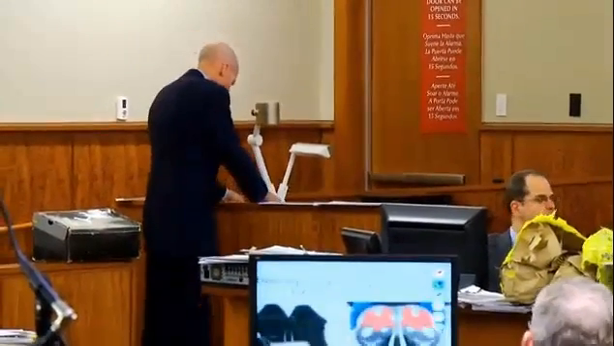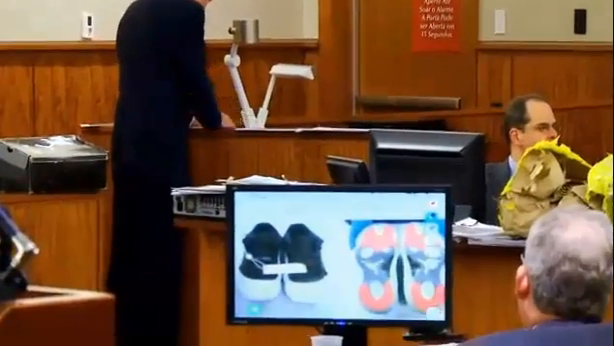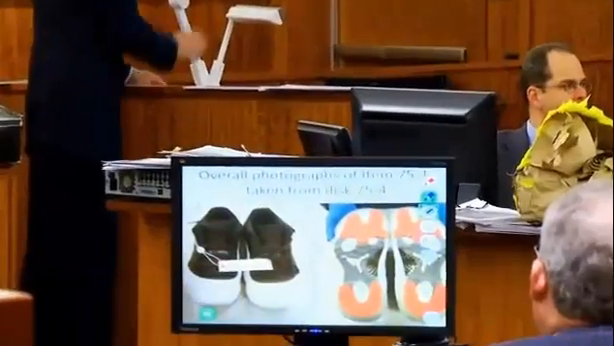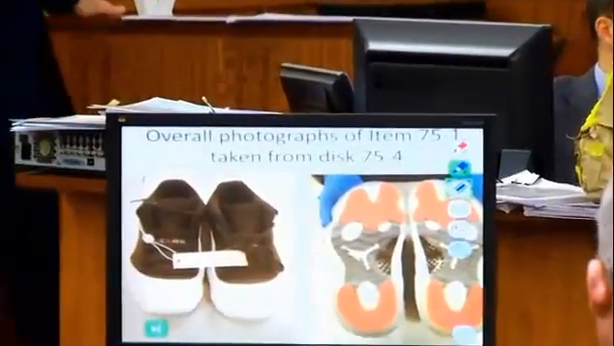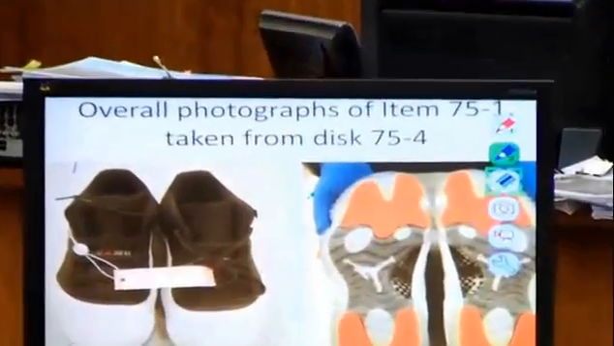I'm going to show you this next set of photographs. Does that show the item that I just showed you, both the top side and the underside? Yes. Now, with regard to the transparency that you just described,